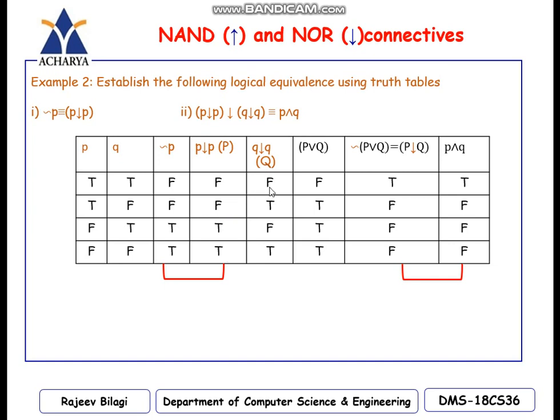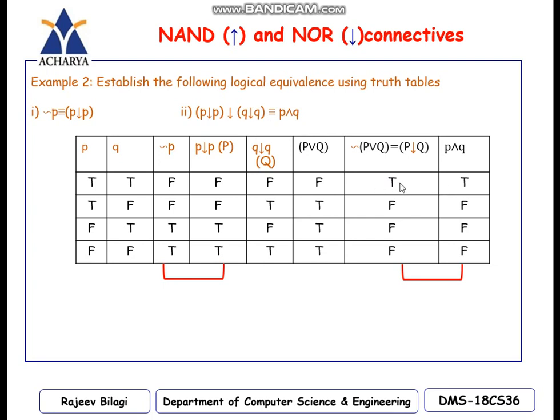Similarly with respect to Q. When I perform the OR operator on Q, Q or Q is again T, F, T, F, so negation of that is F, T, F, T. Okay, I am getting all these values here. So what I need to find out is this NOR this. I will call it P and I will call it Q, and find out P or Q. What is this? F is the first value, all other values are T. So a negation of this is this part.